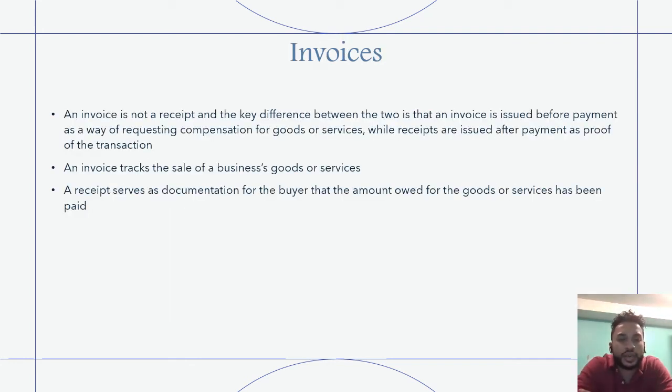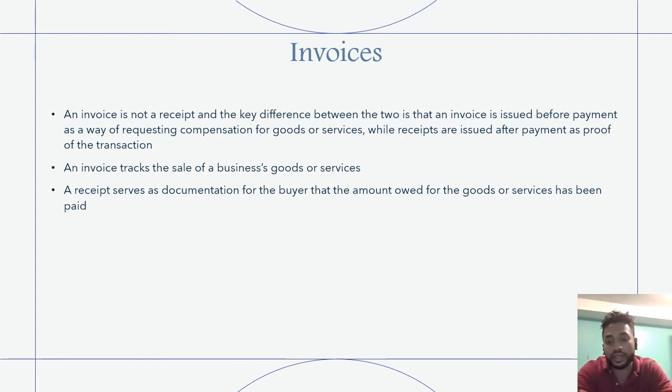Invoices. An invoice is a receipt, like we all know what an invoice is. It's not a receipt. And the key difference between the two is that an invoice is issued before payment as a way of requesting compensation for goods or services, while receipts are issued after payment as proof of the transaction. So we send invoices out all the time, and those invoices we send out so that companies, our customers, have a paper trail of